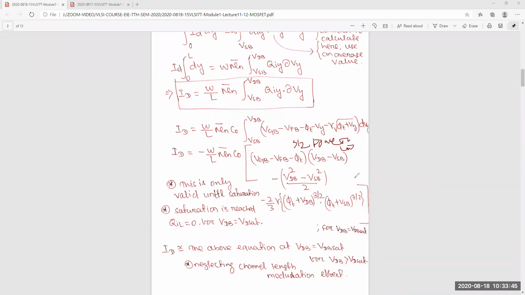If you start the derivation, first you will get this type of equation. Then you will use some approximation and do some adjustment. Then you will get a very simple equation, that is the square law equation, and that is valid everywhere. And every analyst will use that equation. Okay, but this is the original equation. From this equation, everything will be derived. Okay, so clear?